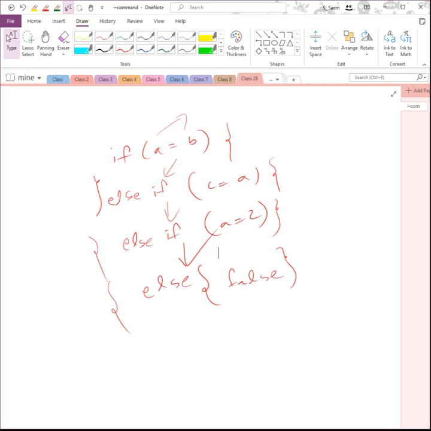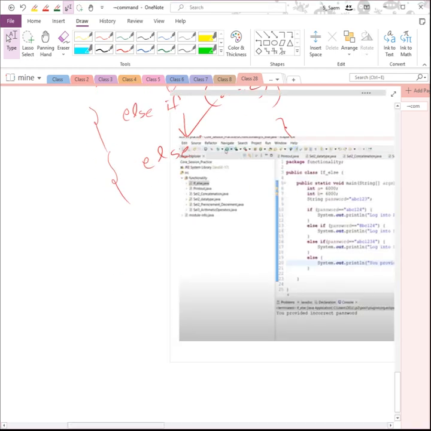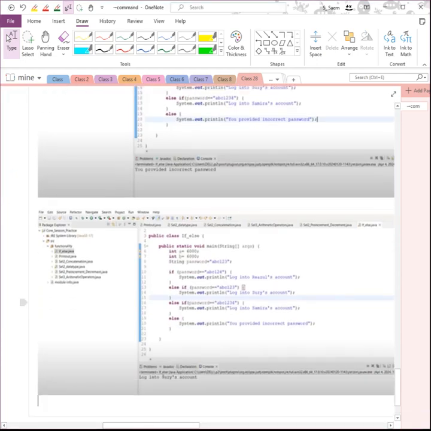Nested if conditions are really useful when you want to check for a combination of conditions. Let's say the password is ABC123. Inside we check if the username, sorry, here's the